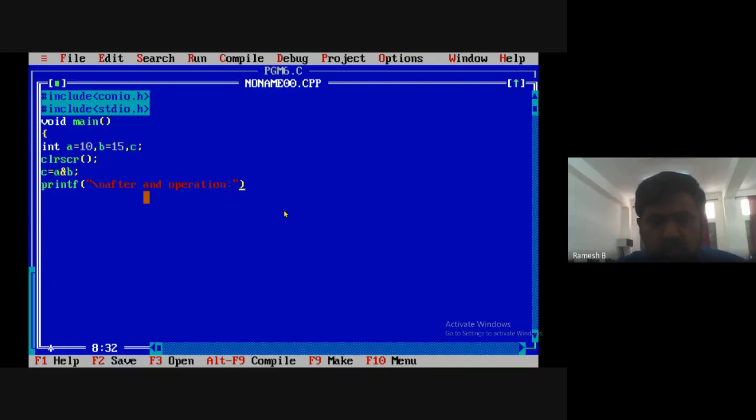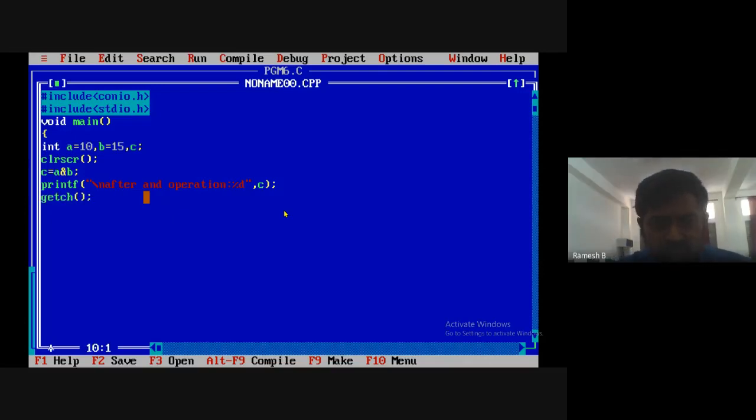Okay, I have given the colon here. Now we need to print it. So we are printing an integer, so I'm writing %d here. After that we need to write the variable name. After giving a comma, the variable name here is C. Okay. Now getch.